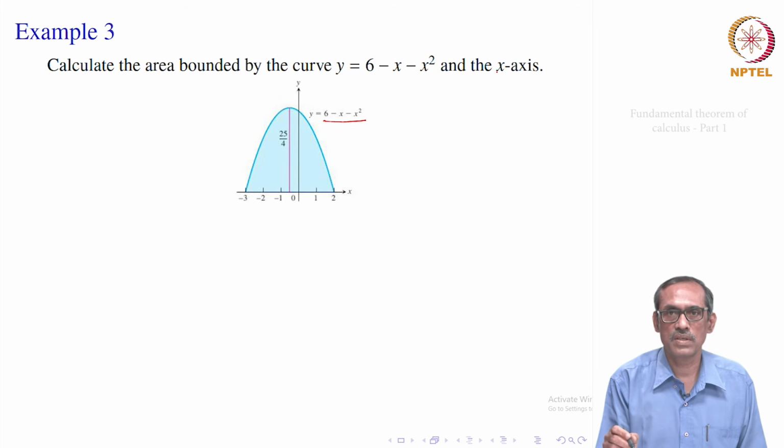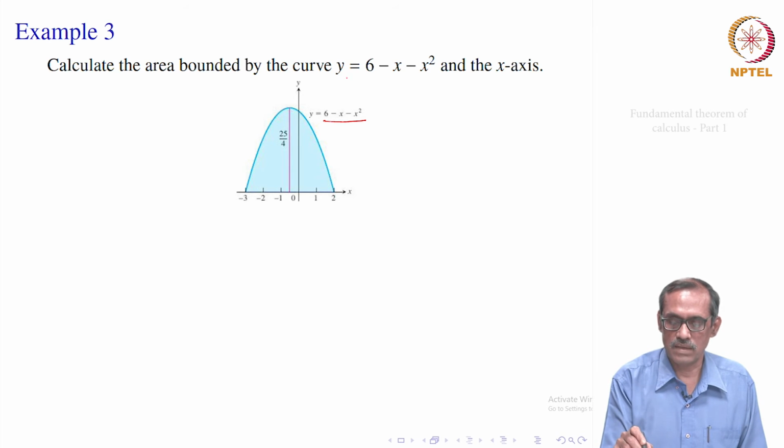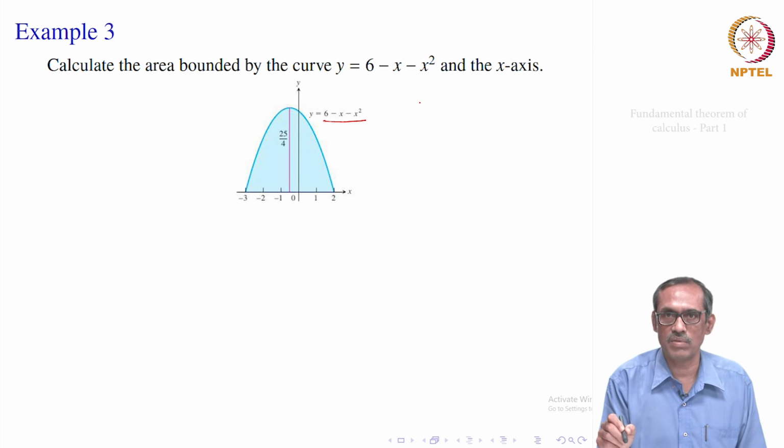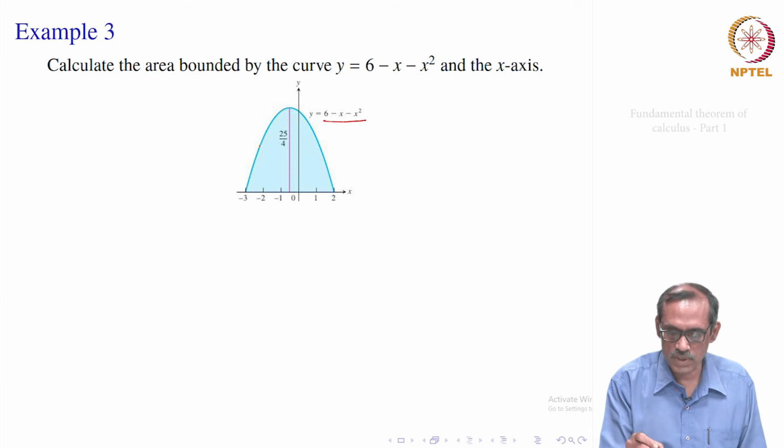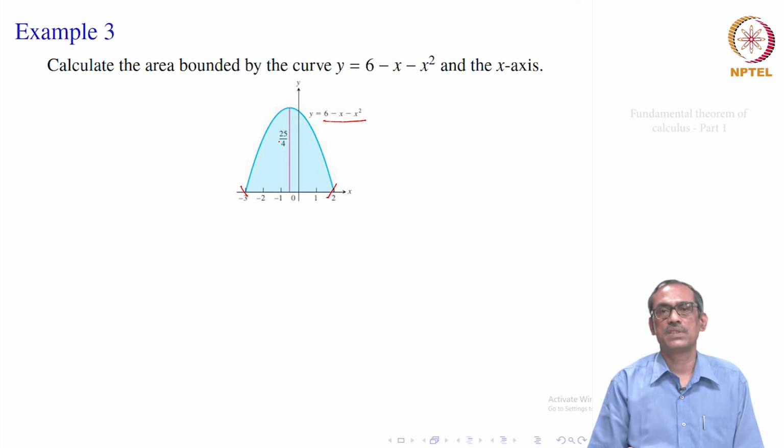So, that means it intersects the x axis at least at 2 points in order that an area should come, and then nothing else is required to get a region which is bounded by these two. We do not have the lines x equal to a and x equal to b here. So, that means wherever it crosses the x axis, those serve as the limits. If you look at the figure, it makes clear this curve is intersecting at 2 points and we want to find this area which is colored blue.